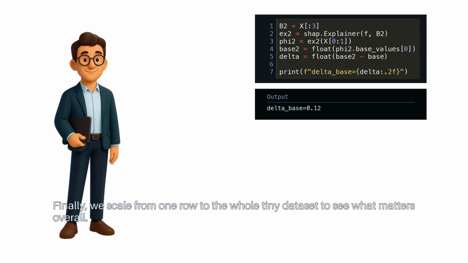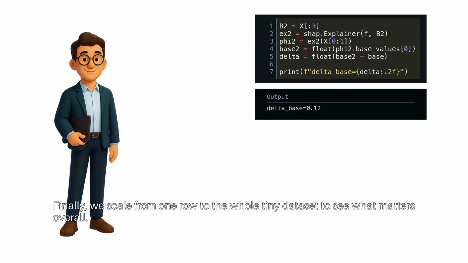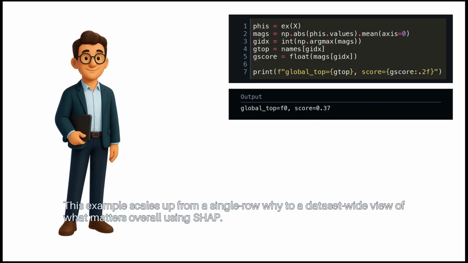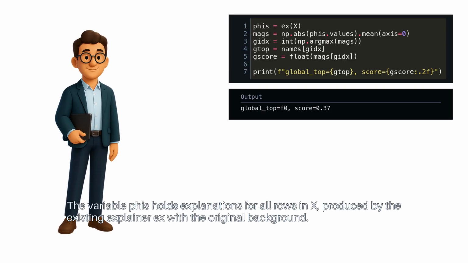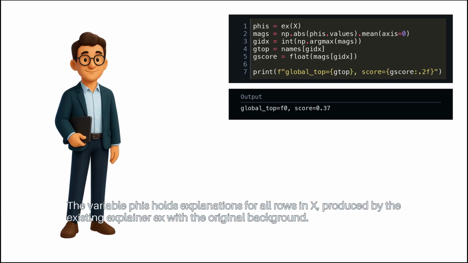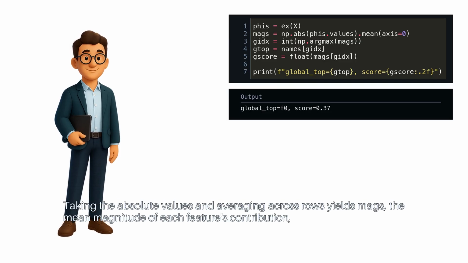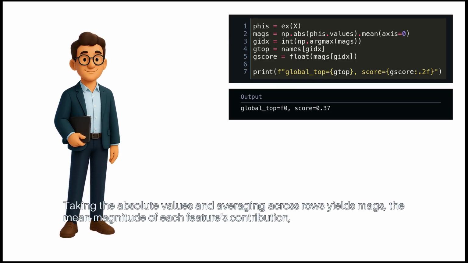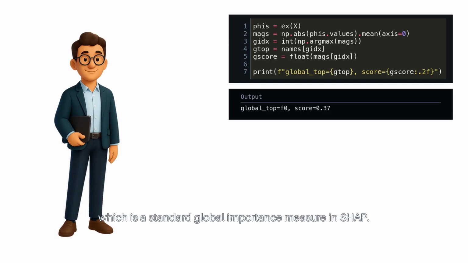Finally, we scale from one row to the whole tiny dataset to see what matters overall. This example scales up from a single row to a dataset-wide view of what matters overall using SHAP. The variable phis holds explanations for all rows in X, produced by the existing explainer ex with the original background. Taking the absolute values and averaging across rows yields mags, the mean magnitude of each feature's contribution,